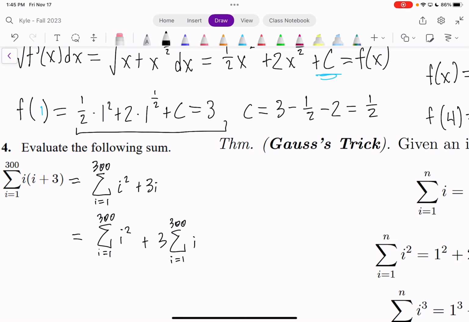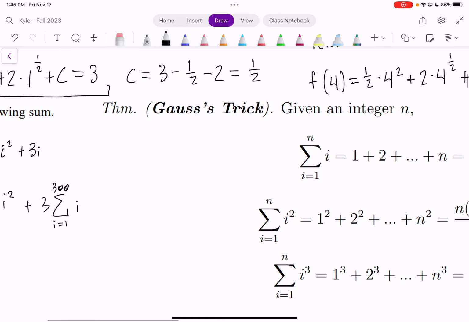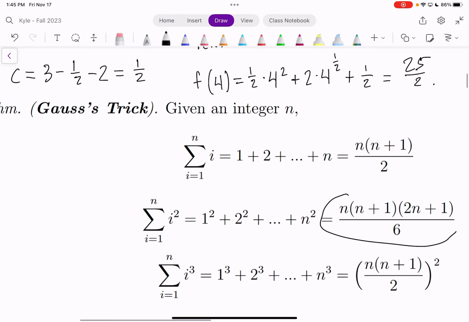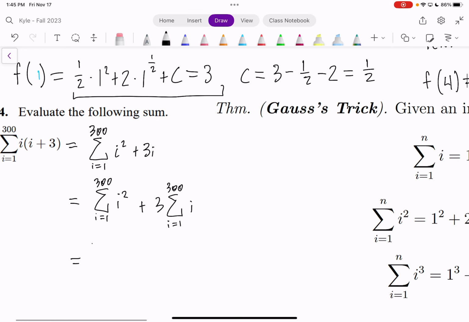Now we can think back to our Gauss's trick formulas. The sum of all the i squareds is given by n times n plus 1 times 2n plus 1 over 6. So this will be n, which is 300, times n plus 1, which is 301,